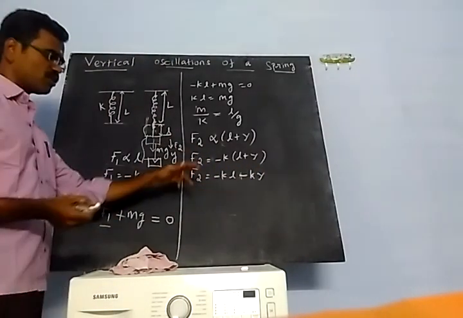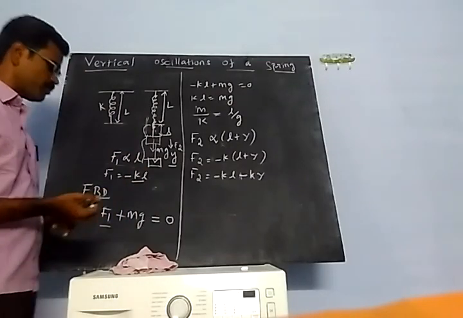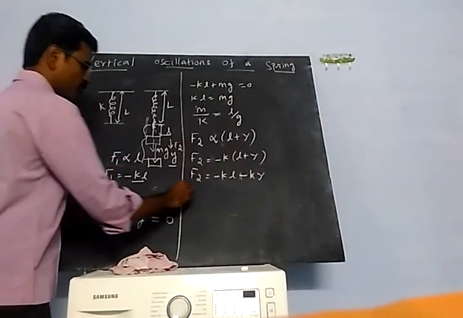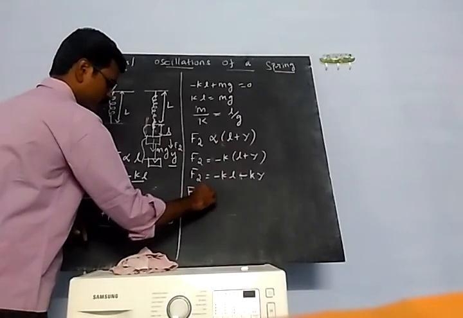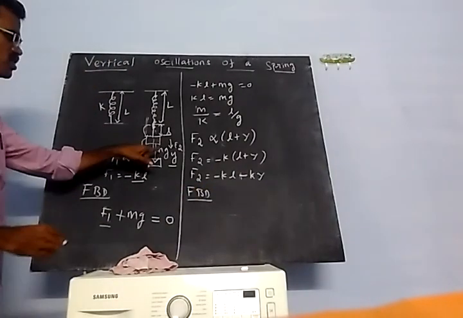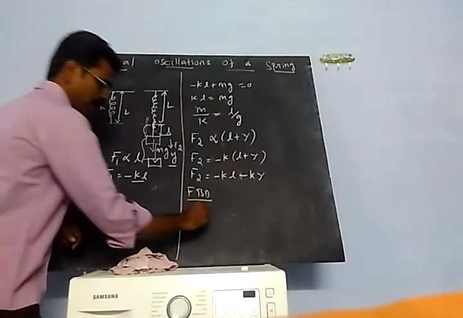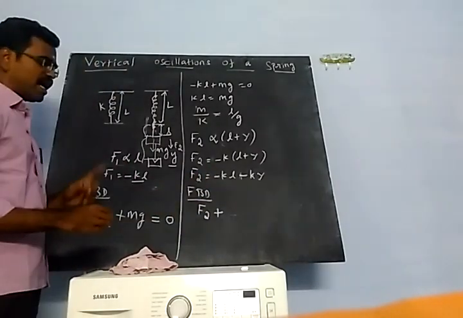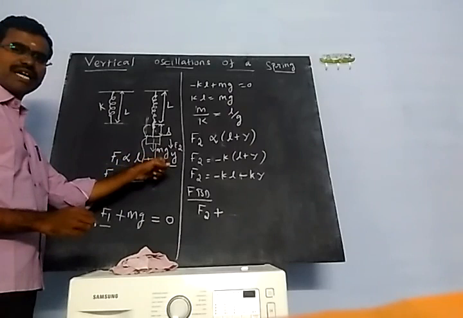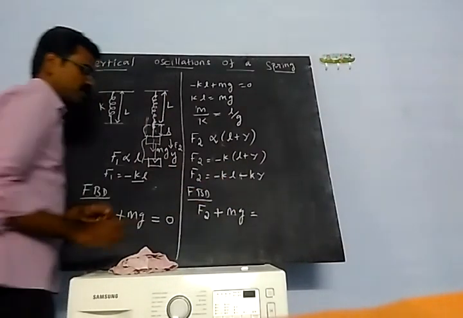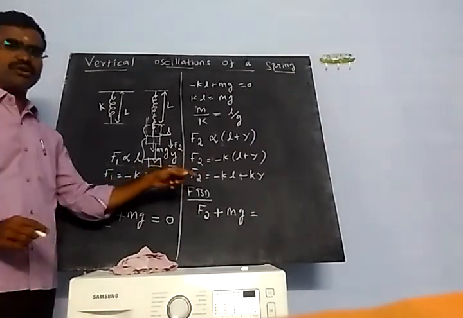Okay, F2 is equal to minus KL minus KY. Now, next you can apply the free body diagram. So, F1 plus mg is equal to 0. From the free body diagram, FBD, what are the forces? F2 force is acting downward, plus the gravitational force mg is equal to, I can apply Newton's second